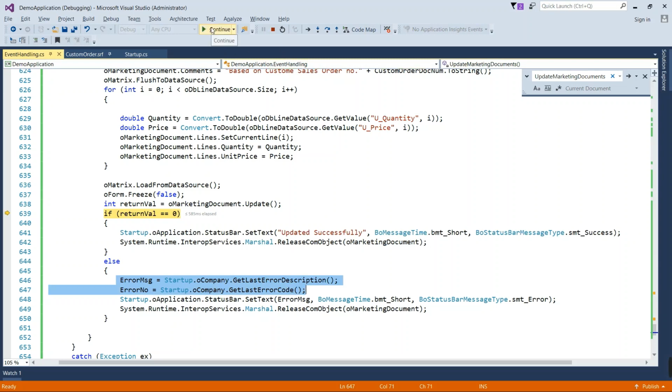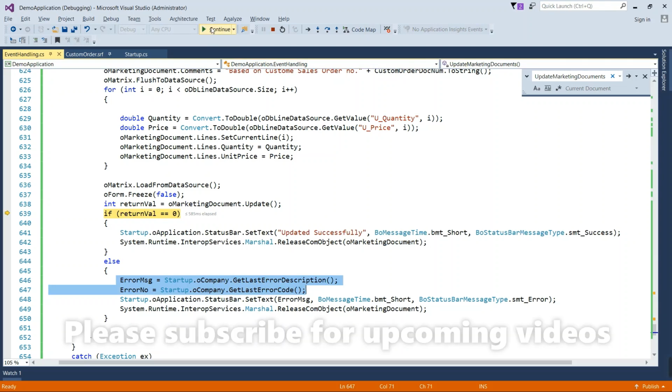So we have completed today's topic, that is how to add a sales order through DI API and how to update a sales order through DI API. And we have also discussed how you can do the same thing with another object of SAP Business One like business partner and item master. You can also do it with the help of this code, and as I have shown you in the SDK, I hope you understand.